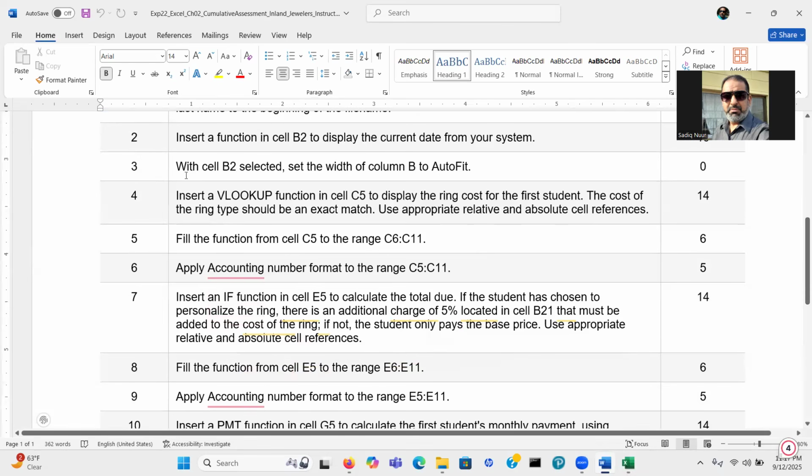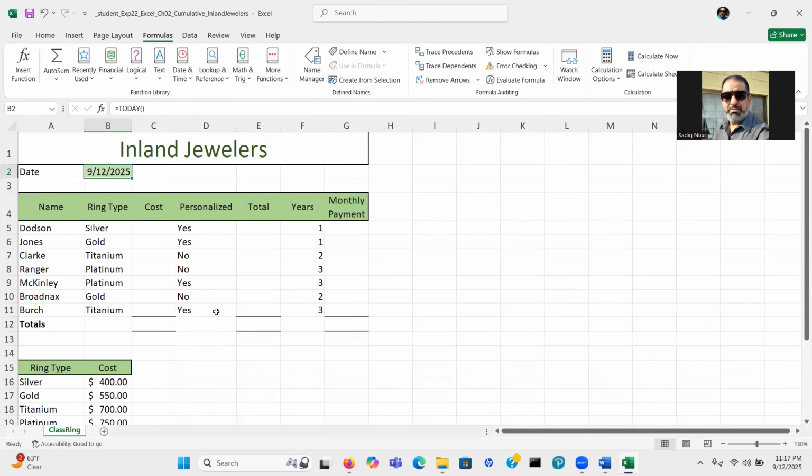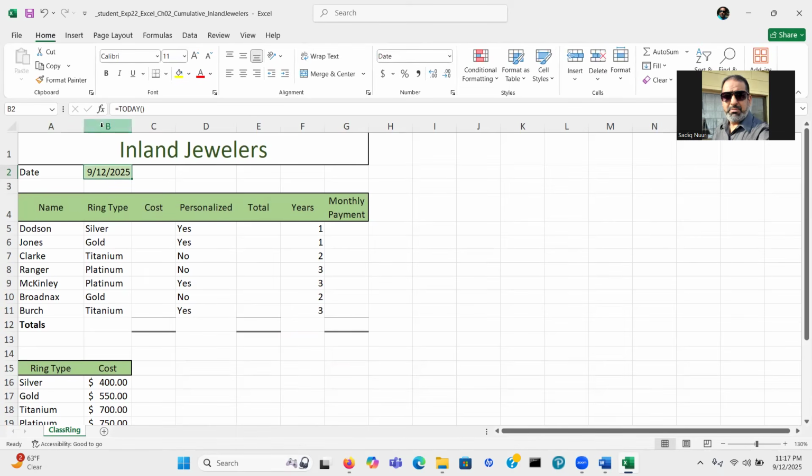Step number 3, with the cell B2 selected, set the width of column B to AutoFit. Remember, I double clicked to stretch it. So now they said you need to go to column B, and then you have to use the AutoFit. So what you need to do is go back to the Home tab, and because column B has already been selected,